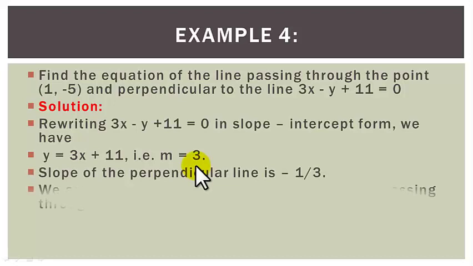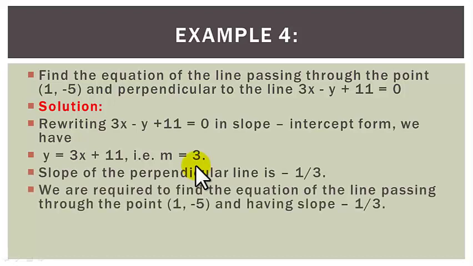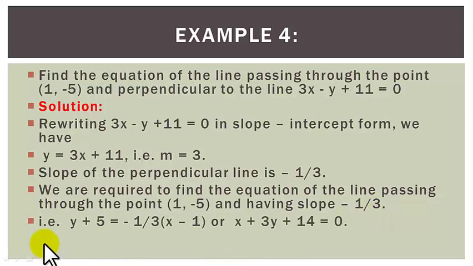So therefore, we are required to find the equation of a straight line passing through the point (1, -5) and having slope -1/3. Using the point-slope form, the equation is y minus y1, that is y minus -5, which is y plus 5, is equal to the slope m, which is -1/3, times x minus x1, and x1